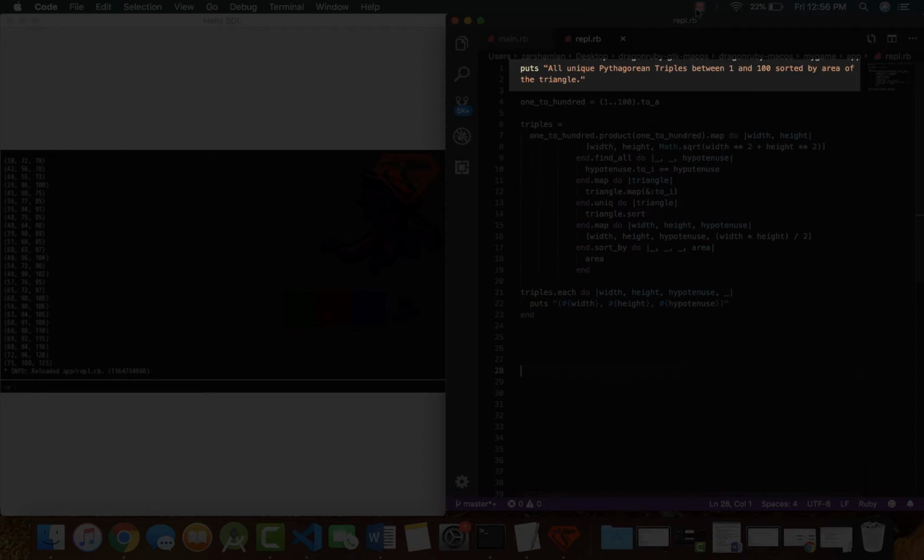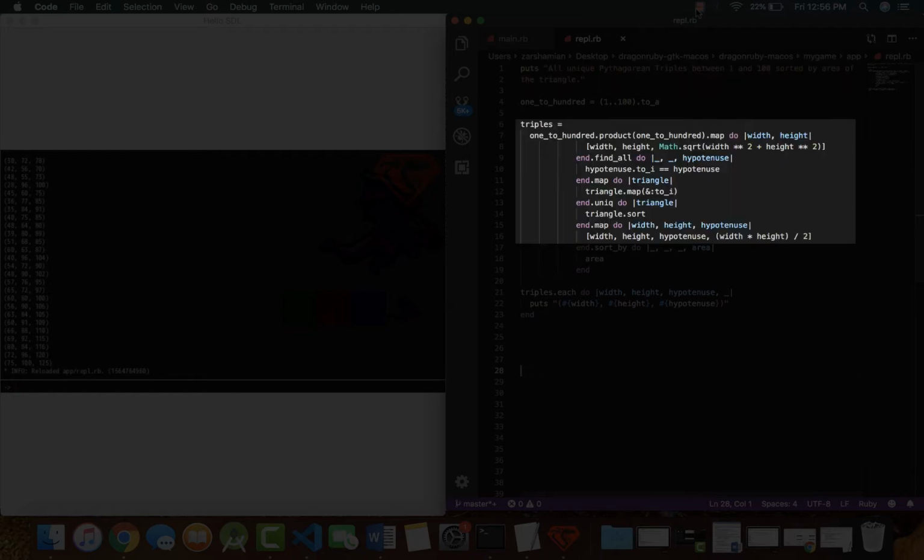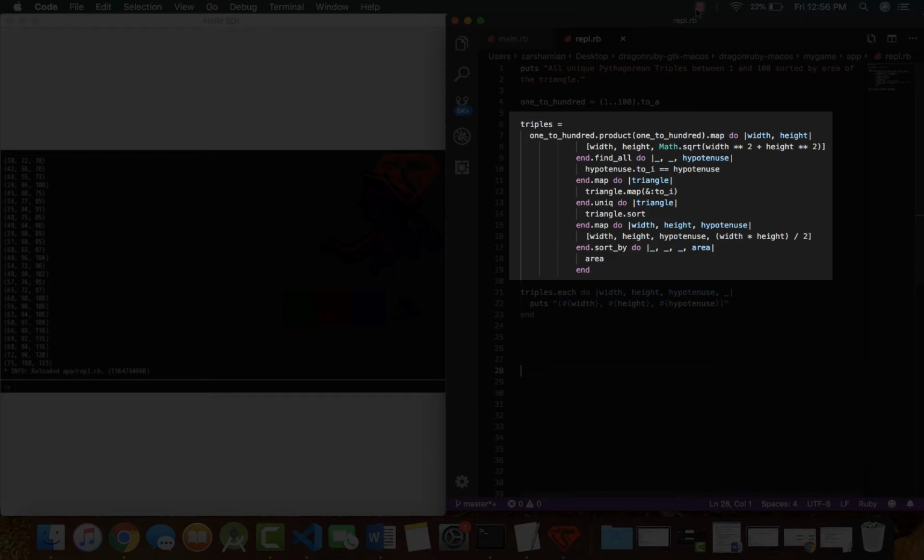In order to sort them by area, we need to first determine the area of all of the triangles. We'll call map on our array, and in addition to our width, height, and hypotenuse, we'll now also store the values of each triangle's area. The area of a square is calculated by multiplying the width by the height. So to find the area of a right triangle, which is half a square, we'll do width times height divided by 2. We'll now sort our entire array using sort_by, which will reorder the elements in ascending order based